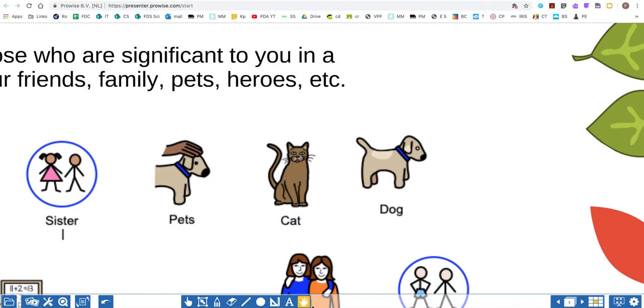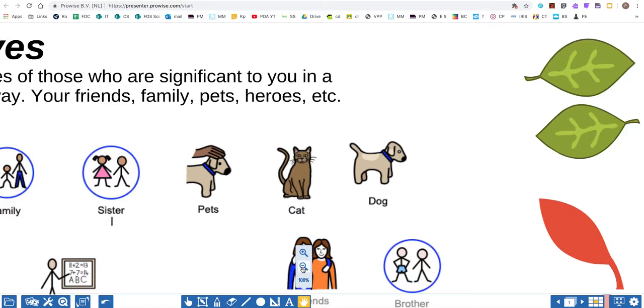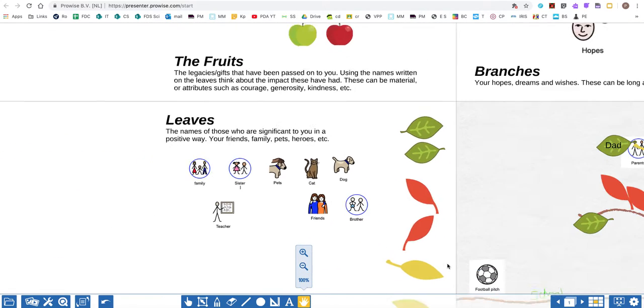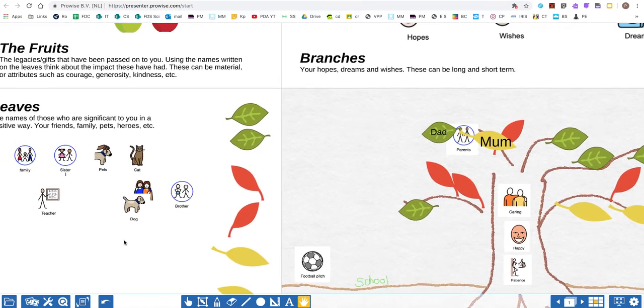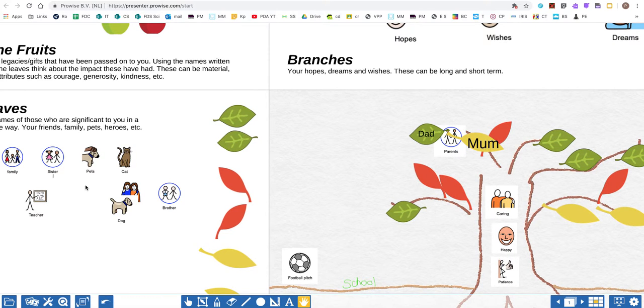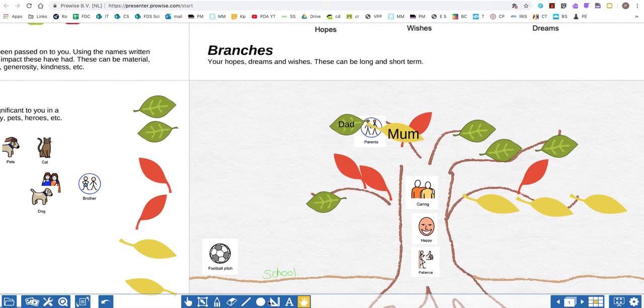We can also put in pets, and I'm sure many pupils will have pets that they want to share. So I'm going to dedicate some of my leaves to some of the pets in my life, which in this case are actually my mum and dad's pets, but they have a couple of King Charles Spaniels called Maisie and Tilly. So I'm going to drag the pets widget symbol over,